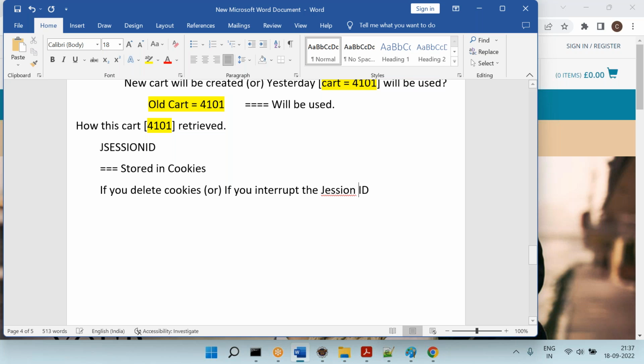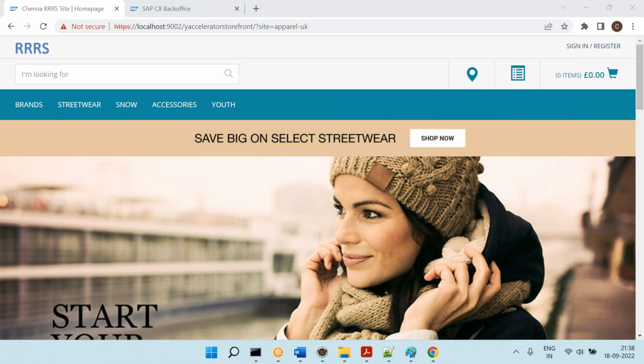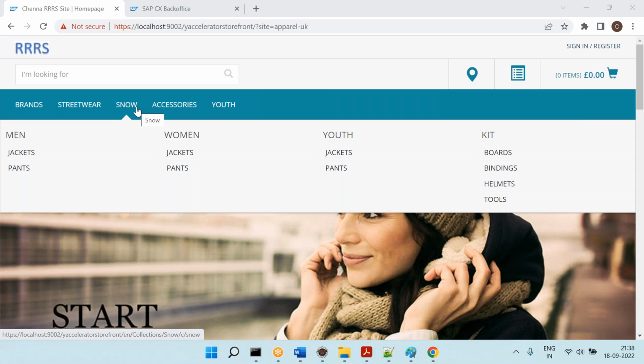No. So if you delete the cookies, or if you interrupt the JSON ID, then the cart can't be retrieved. Now I interrupted the JSON ID, right? I interrupted the JSON ID, then the cart was not able to retrieve. Now you can see it's not there. Now if I go on to add the item to cart,